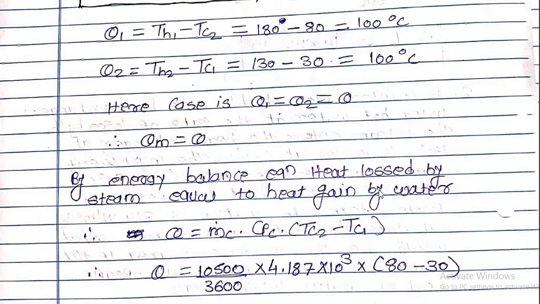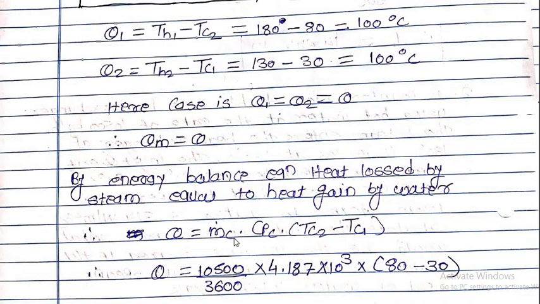Okay, so how much heat will be lost by the hot fluid, that much amount of heat should get to that particular cold fluid. So that is the consideration in case of the energy balance equation. According to the energy balance equation, heat gain by the cold fluid, we can write it as Q is equal to m dot c multiplied by Cpc multiplied by (Tc2 minus Tc1), that is the change in temperature of the cold fluid.